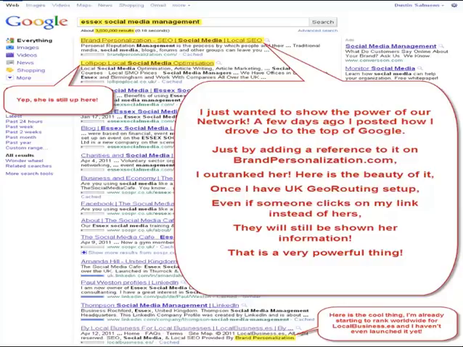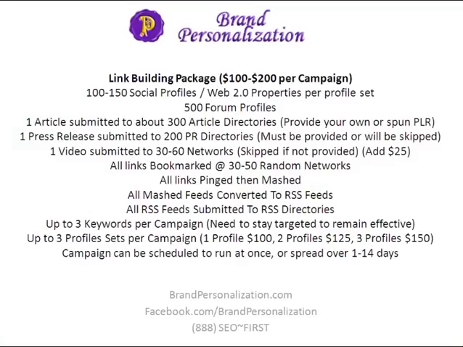So to get into the package a little bit, just so you can understand a little bit more about what it is and what we're actually doing and providing. With the package,